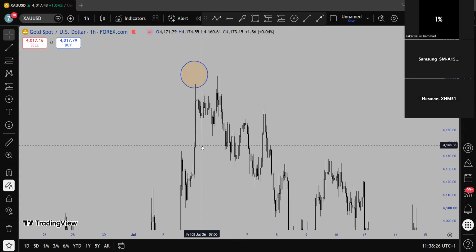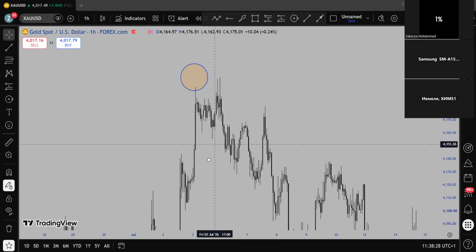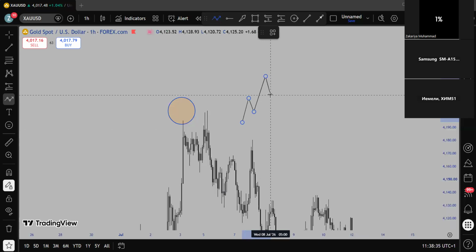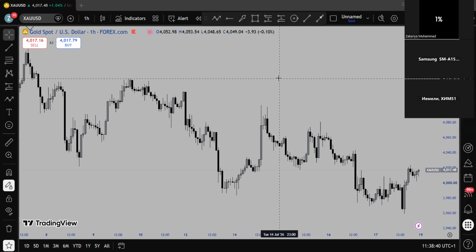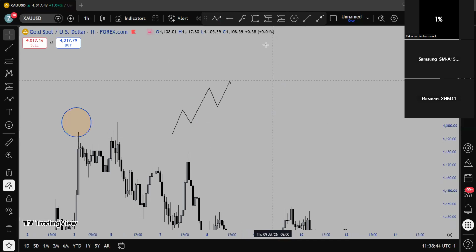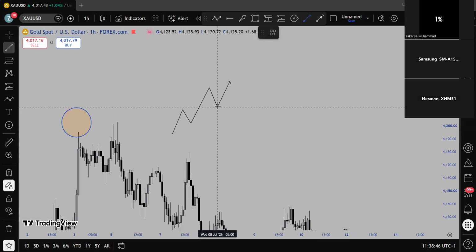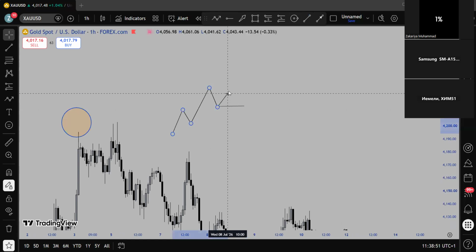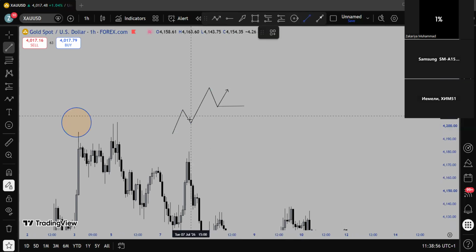But how do we know a valid low that we expect to be taken out? We read the structure. If we have a high and a low, a high and then a low, a high, where do we expect the structural shift to happen? The most recent low. Your recent low. That means this low. When price takes out the most recent low, yes. So if this low did not take out this high, we don't consider this as a low. We'll be expecting structural shifts to happen right here, right?